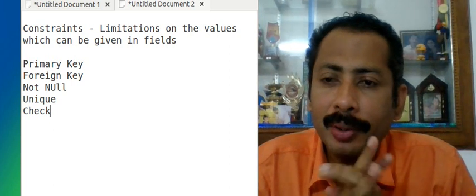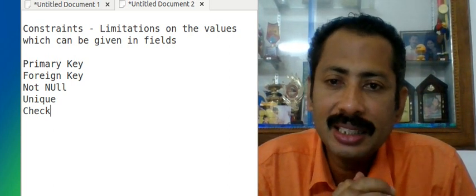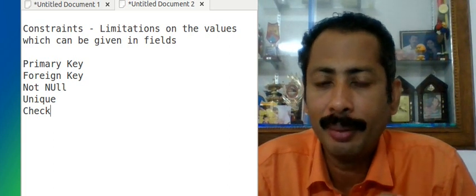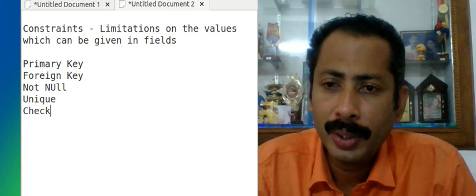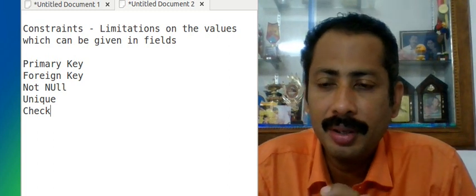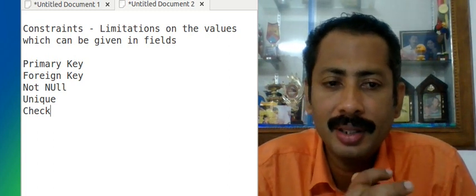Today we will see about the different constraints used in the SQL or MySQL databases. So a constraint can be defined as a limitation on the values which can be given in fields.